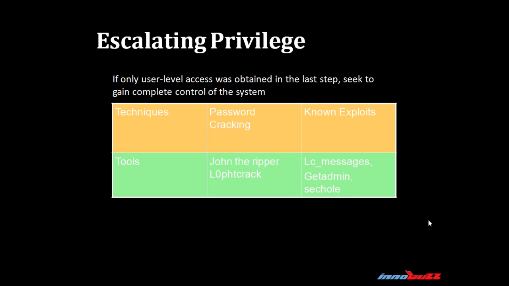After gaining access, an attacker tends to maintain access through a variety of methods. So for the tester to simulate the process, it is imperative that the same methods be employed in order to give the penetration test an aura of authenticity. Through the previous stage, user-level access is obtained by the tester, but now it is important to escalate privileges and get administrator access in order to get complete control of the system. For this process, multiple exploits are used along with process migration and password cracking. Some of the commonly used tools here are John the Ripper, Lofttrack, GetAdmin, and so on.